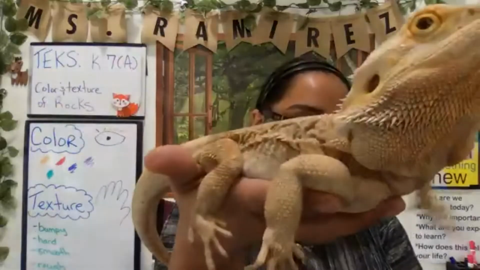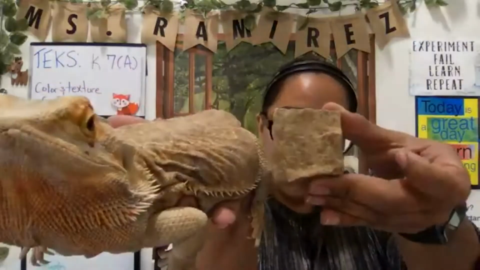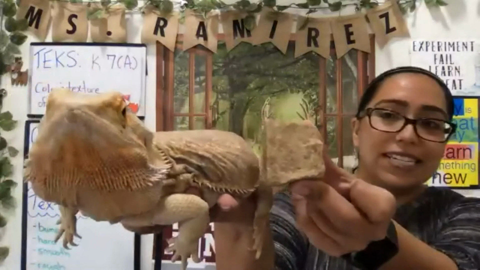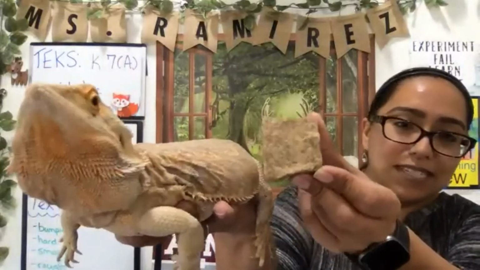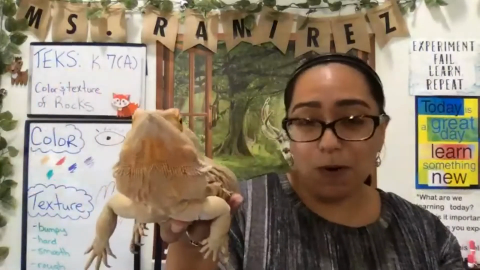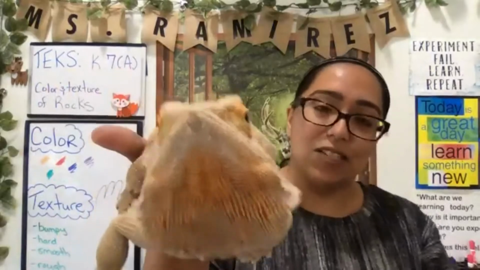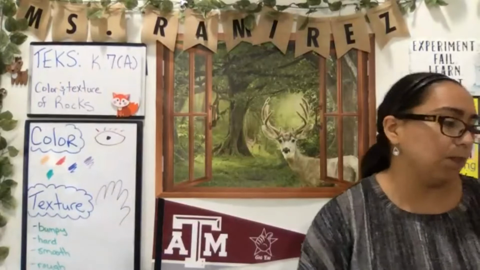Now look at the color. What color is he? Notice he's almost the same color as this rock. He is sort of like a light brown or tan, so he's almost the same color as this sandstone rock. So rocks can be very important for animals to help them hide. I'm going to go ahead and put my animal friend up, and we'll look at some other examples of